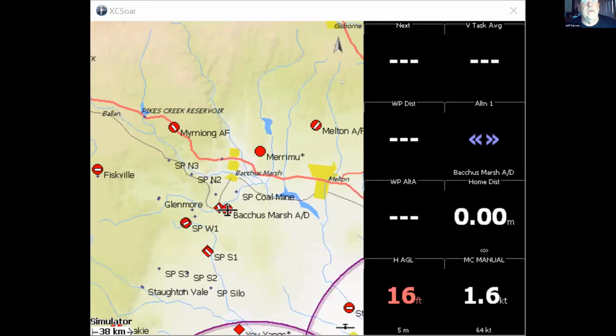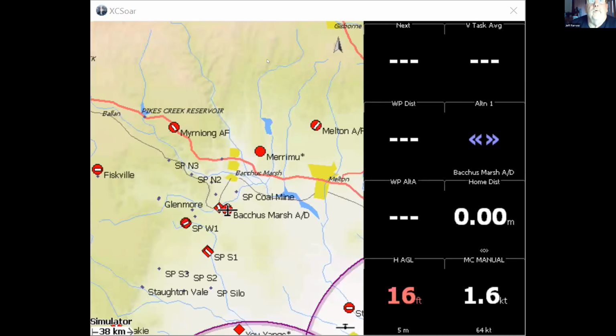Come on, where's XCSoar? It's not coming up yet. I've got it on my screen, but it's not coming up as an option under sharing. Let me just close it and reopen it and see if it's reappeared. There we are. So you come in XCSoar.